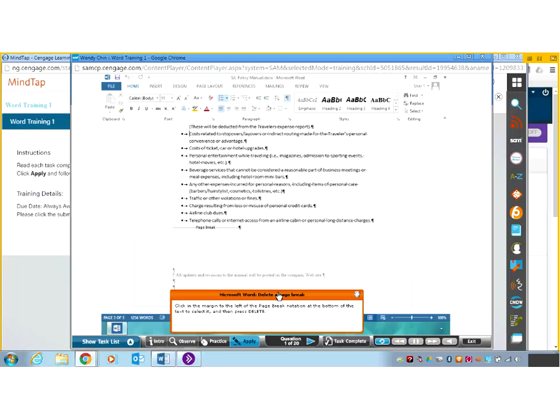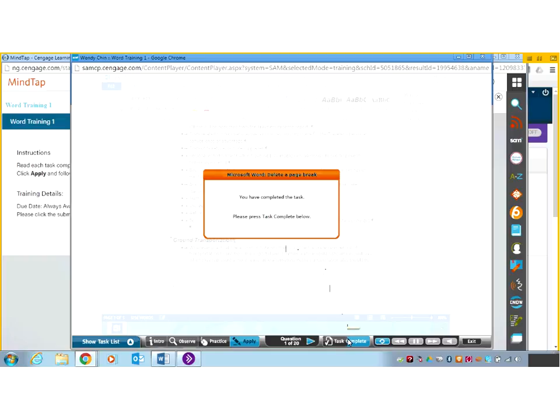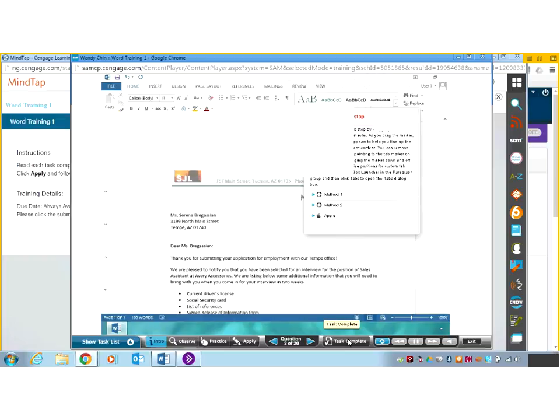And then the apply, it's the same thing, but with no help. And down here at the bottom, it's giving you directions, and you just do what it says. So I'm going to click there again, press delete on the keyboard. It's going to tell me I did it right. Press task complete, and it moves me to the